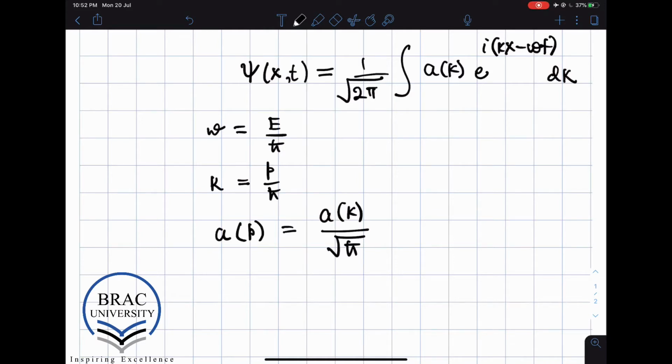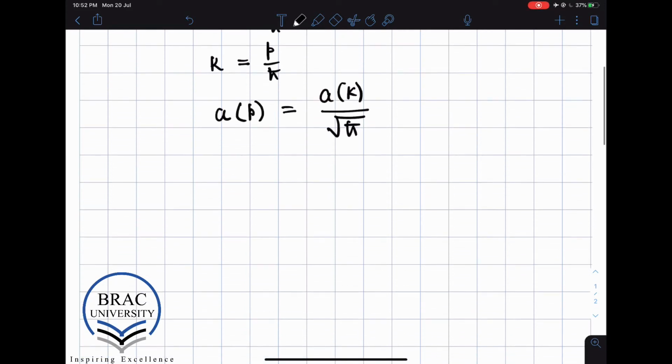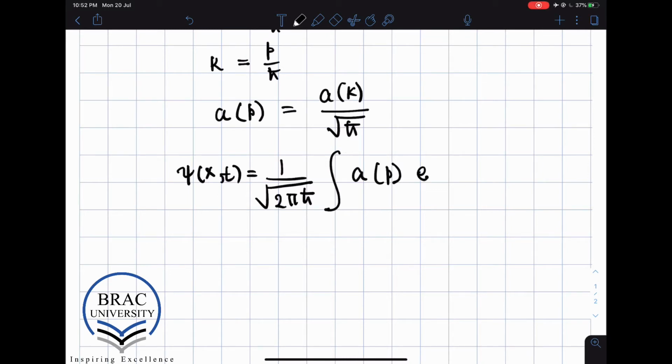So if you use these definitions, then we can rewrite our wave function as, so now we have energy and momentum in our exponential, and the integration is over p. And its Fourier transform now is given by